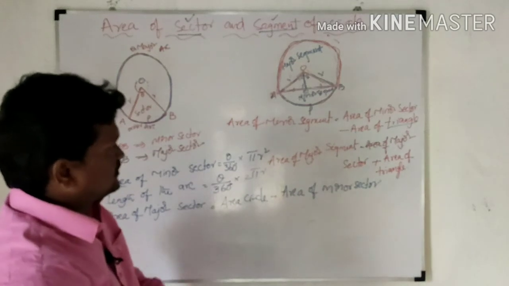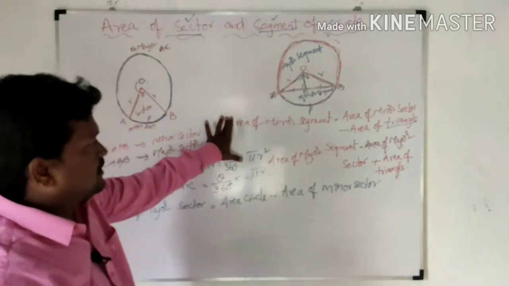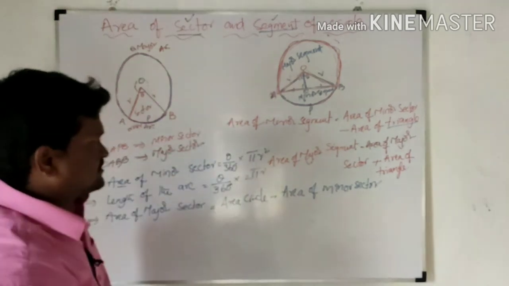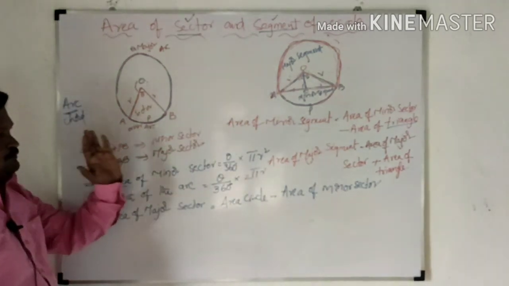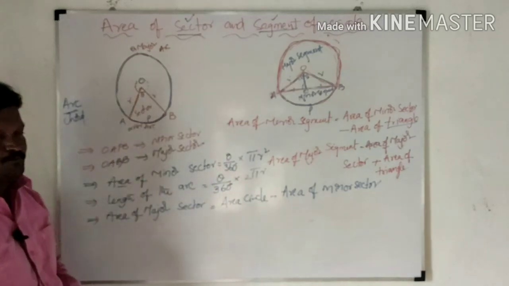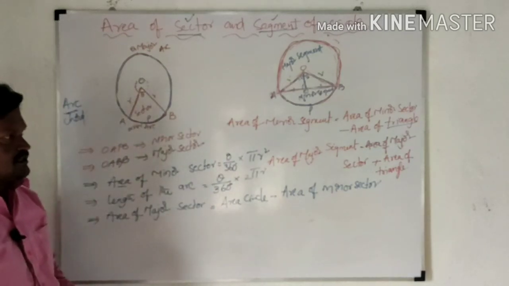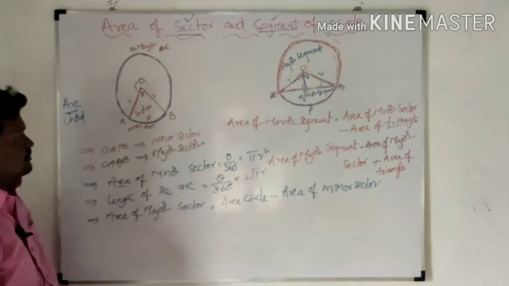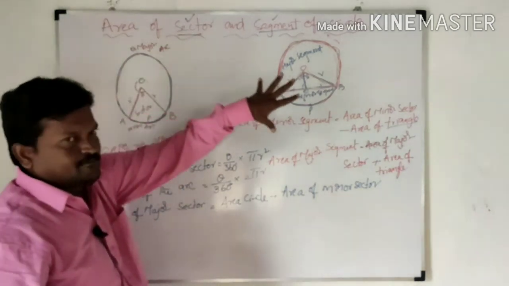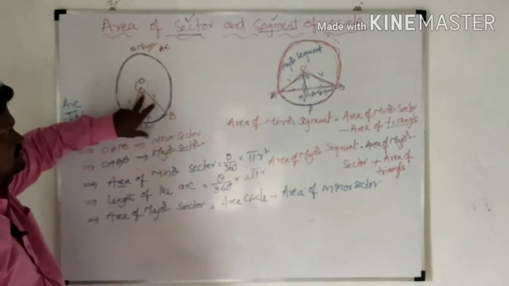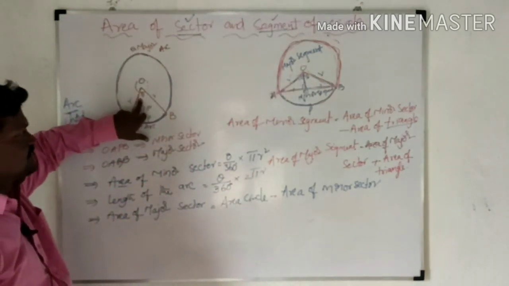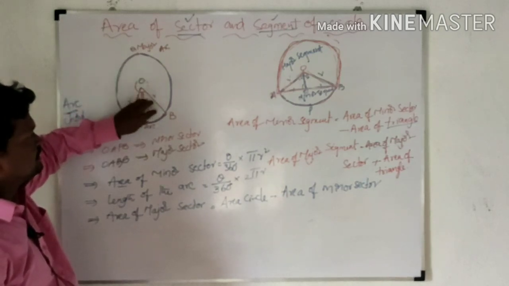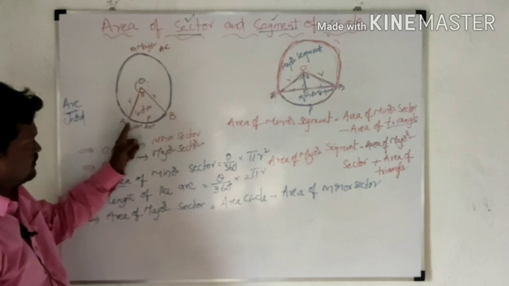Yes. These two are the formulas to find the area of the major segment and the area of the minor segment. I hope you understand these two parts, very important in this chapter, and not only in this chapter, it is a main concept. So area of sector, area of segment. How can we find the area of a sector? It is theta by 360 into area, pi r square, where theta is the angle subtended at the center by the arc.